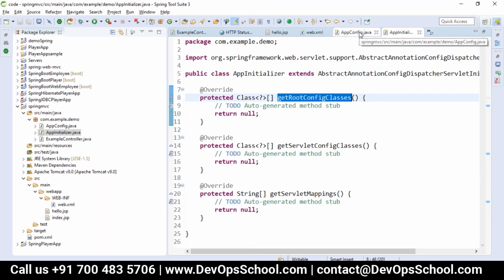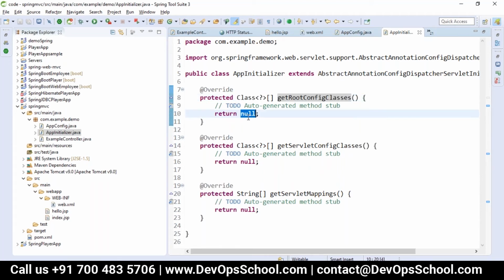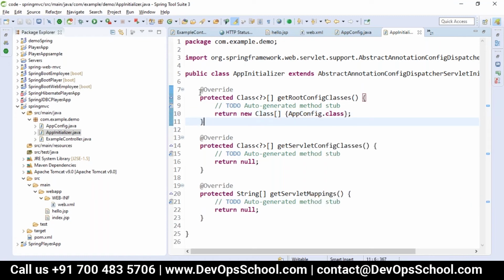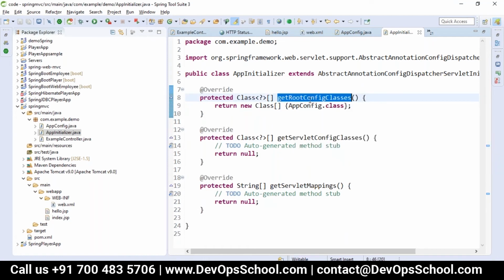That is the class called AppConfig, and it is expecting a class array, so that is new Class array. We have to load AppConfig.class. This way we are loading the configuration class here, because this method is expecting the root configuration classes to be loaded. So that class we have loaded.